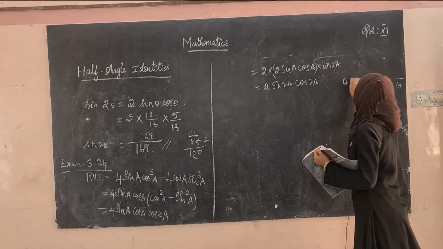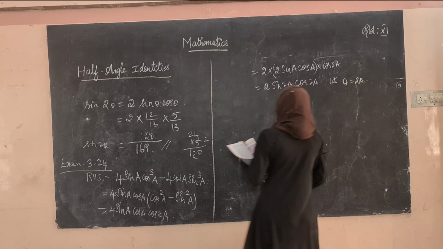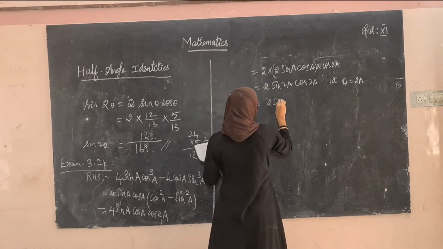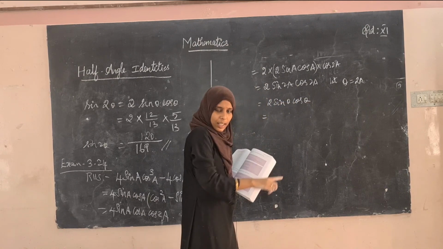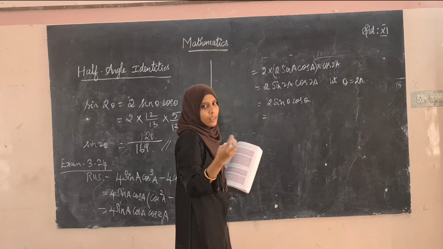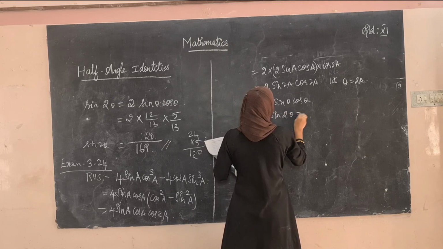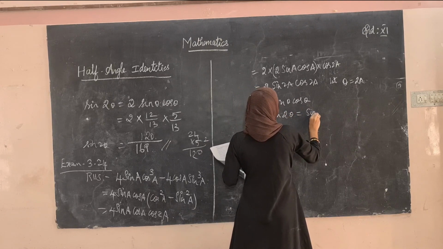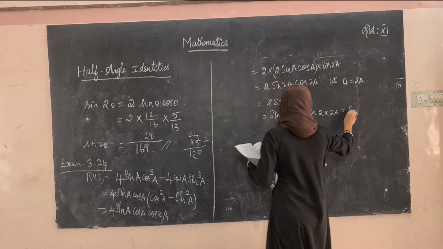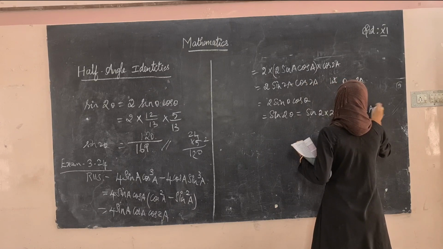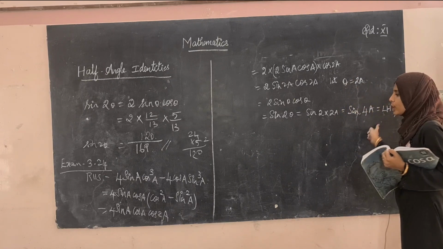Okay, here let us take theta, let theta be equal to 2A. So what does the equation become? It will be equal to 2 into sin theta cos theta. So this is again in the format of 2 into sin theta cos theta. The value is sin 2 theta. Now substitute the value of theta here. Sin 2 into 2A, which is equal to sin 4A. This is the left hand side that we have to prove. Yes, so we took the right hand side and we have proved it like this.